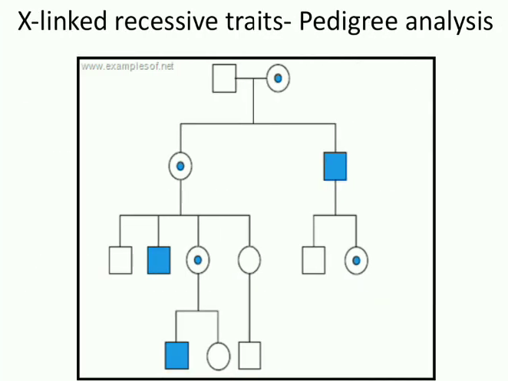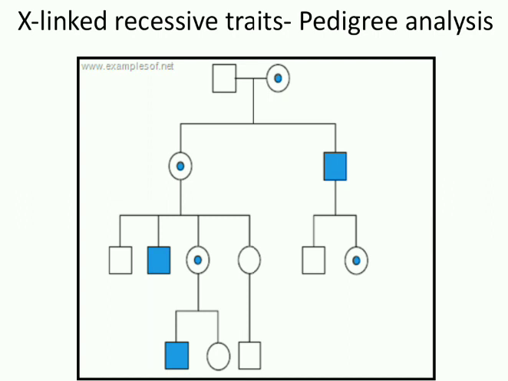Okay. Now, X-linked recessive. So what are you going to infer from the pedigree? Already you are aware. So what are the things to look for in the pedigree? You have to see whether the disease is transmitting in all generations. What is the chance of parents being affected? What are the chances of siblings being affected? Then males and females, whether they are equally affected or not. So you will now see this.